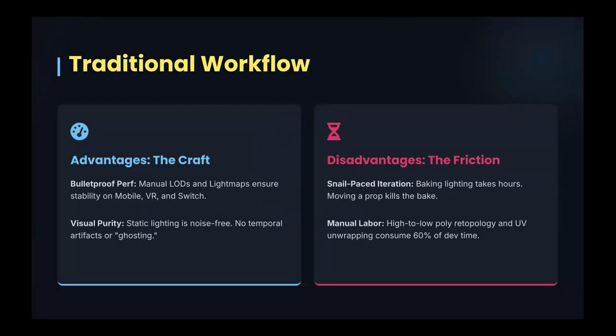The advantage of the traditional method, on the left, even though you have to do more work, you have to do manual LODs, you have to deal with light maps, pre-baking light, baking normals, and really getting into every asset and optimizing every asset, that's something that takes a lot of time, but